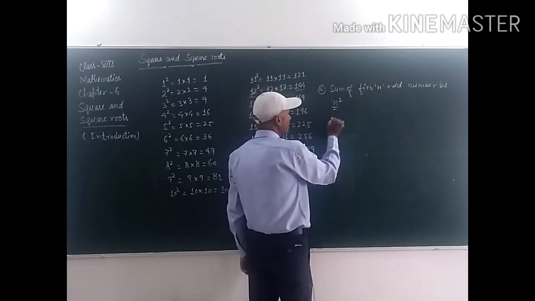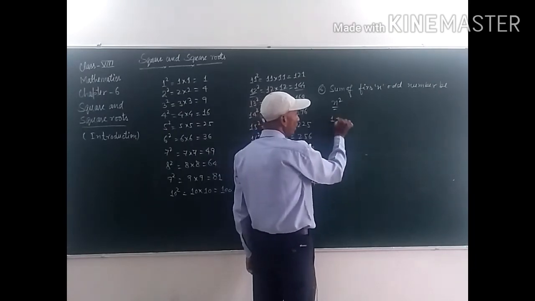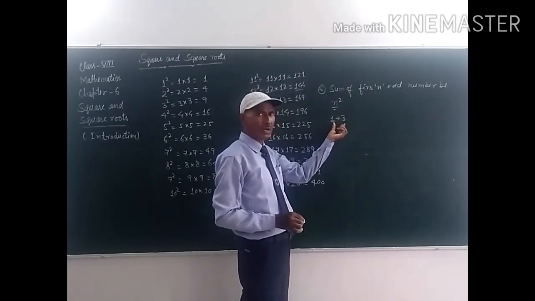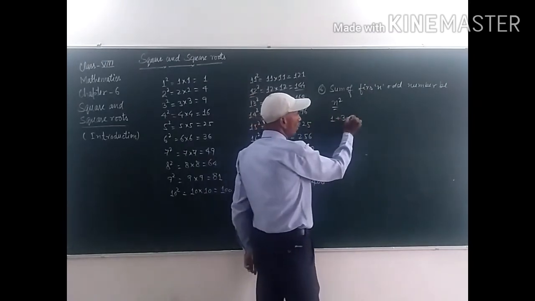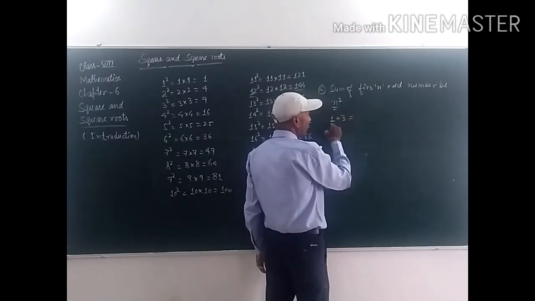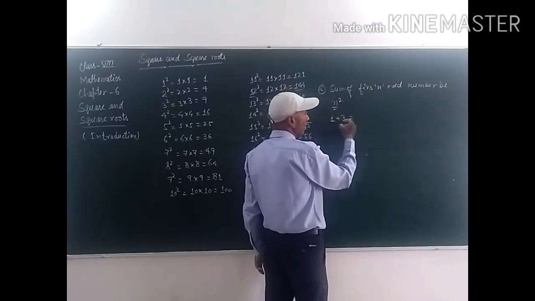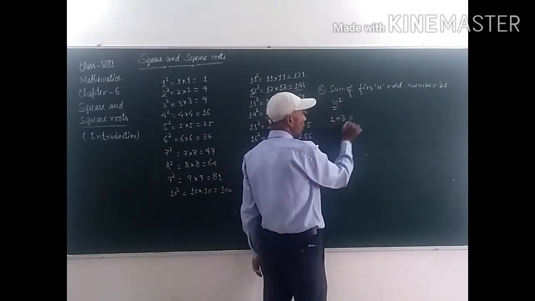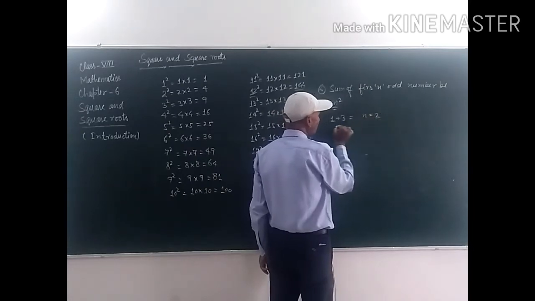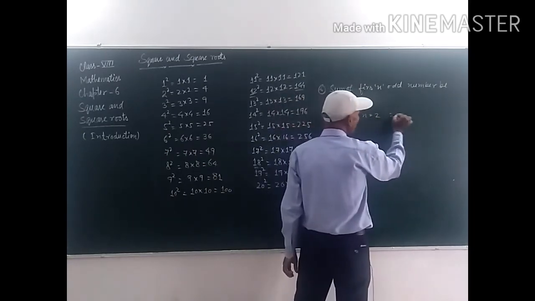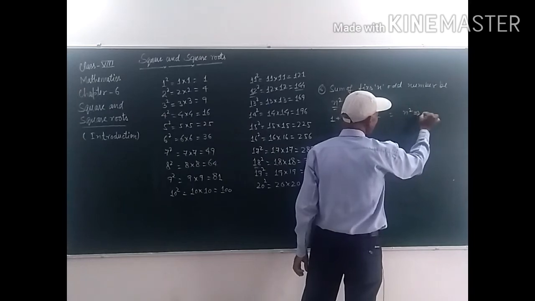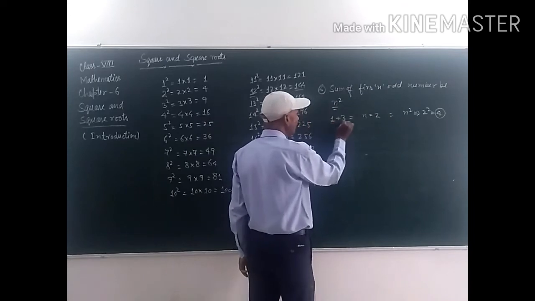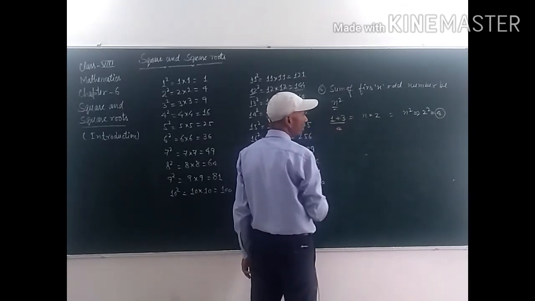Suppose this one, 1 plus 3. There are two numbers, student, and these are the first two odd numbers, 1 and 3. So, what will be the sum? Sum of these two odd numbers will be 4, student, because n is 2. n is equal to 2 because there are two numbers. So it will be n square, it means 2 square, that is 4. Clear, student? So the sum of 1 and 3 will be 4.